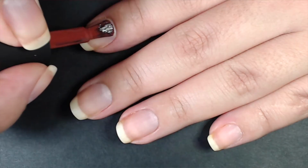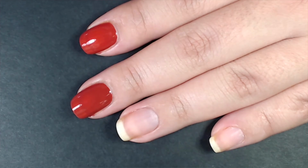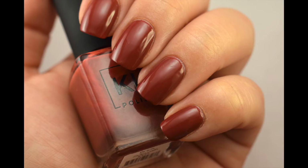That black pigment and that black separation really showed up in the polish and made the polish look a little patchy. So I found myself having to really, really shake this bottle in order to get a nice and even application. And even with that, this still took 3 coats to be fully opaque. And the second coat was really, really patchy, but I feel like it had more to do with the color separation or the pigment separation. It wasn't so much patchy in the sense that I could still see my nail. It was patchy in the sense that it looked like there were 2 different colors on my nail. I did end up really, really shaking this bottle and doing a 3rd coat with it, and you know, it